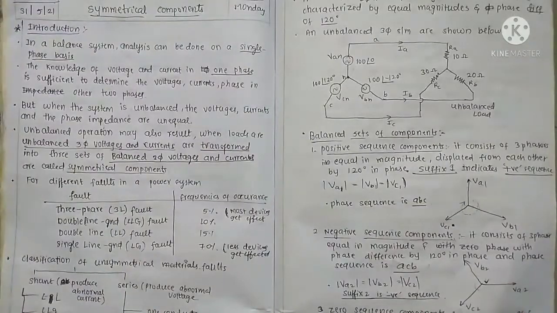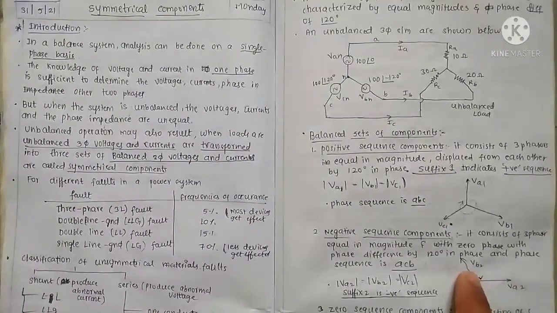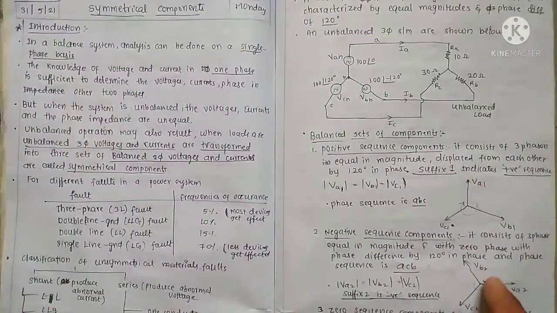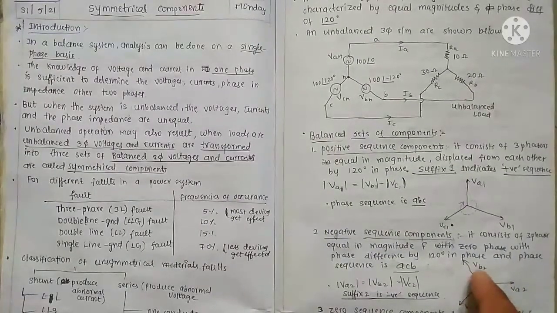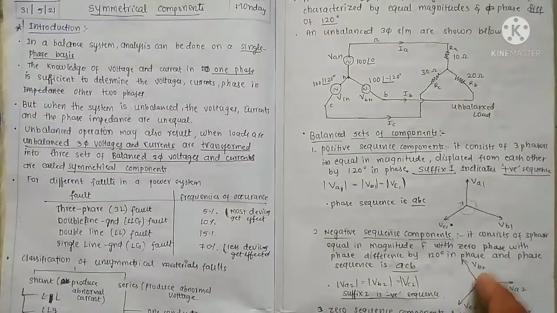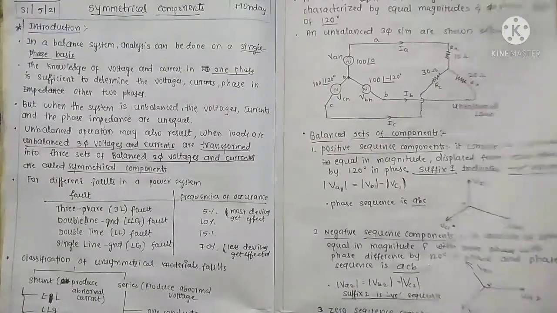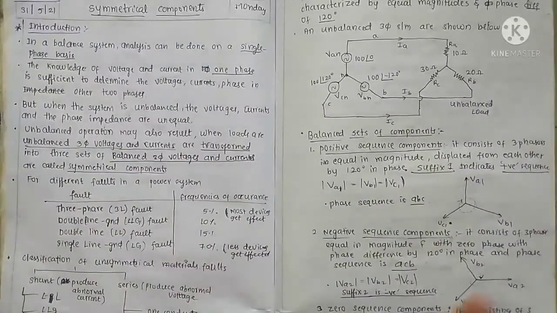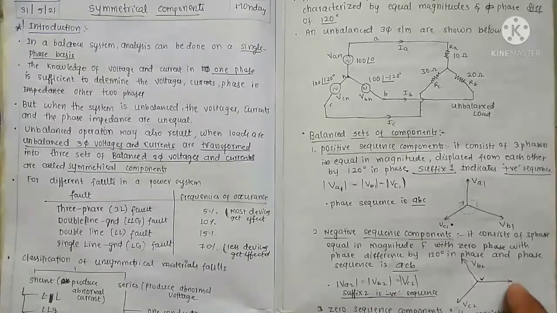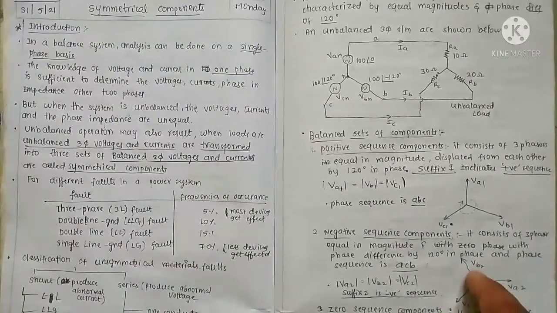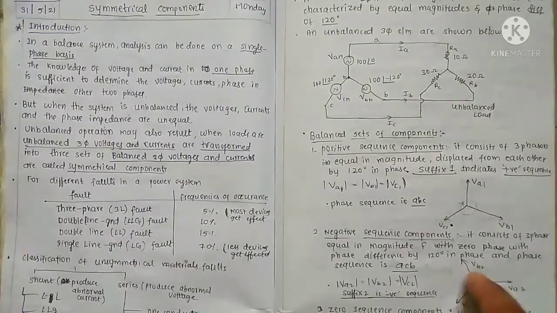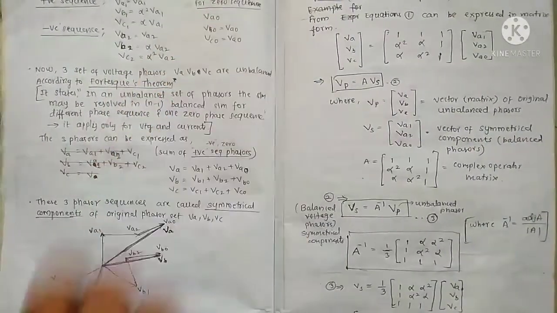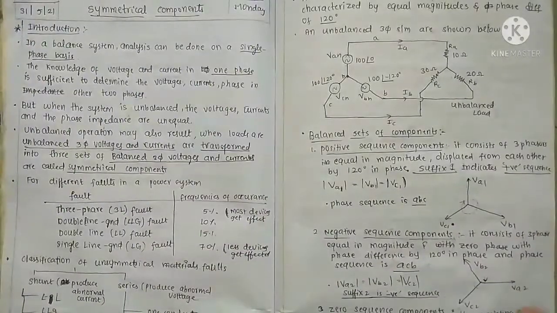For VB2, I said that this is the reference phasor, which means we are finding the angle right now. VB2 is 120 degrees apart, right? 120 degrees means alpha, so VB2 is equal to alpha times VA2. Similarly, for VC2, in the anti-clockwise direction from the reference vector, 120 plus 120 is 240 degrees, that is alpha times VA2.